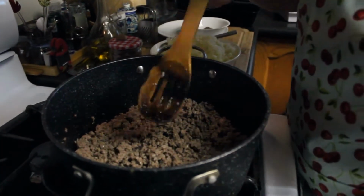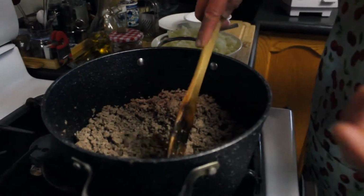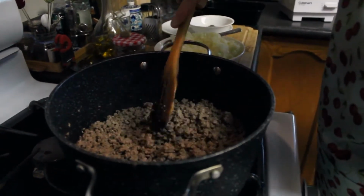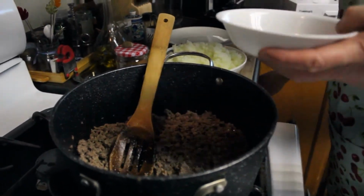Some people, by this stage, add some oil, like vegetable oil. I don't do it because it's a medium kind of fatty meat. So in this stage, I'm going to add the